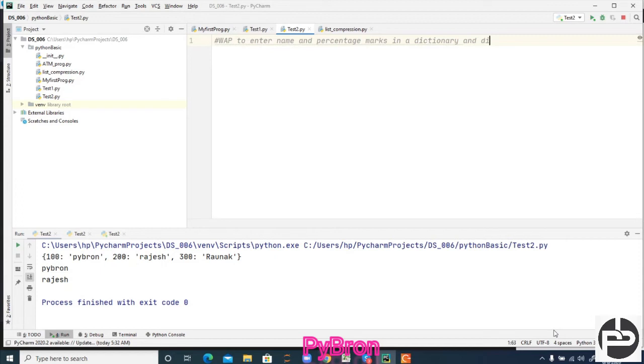This is our requirement. Got it. Now we have to write our program. Means we have to take the input from the user, enter the name and percentage, and store the name in the name key and the percentage in the percentage key. So hope you understood.